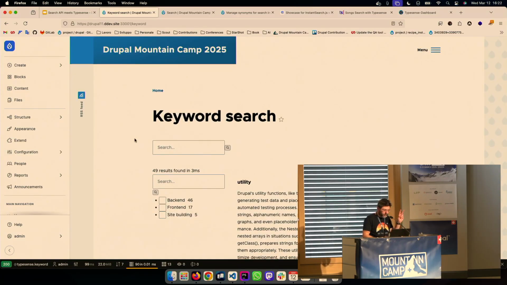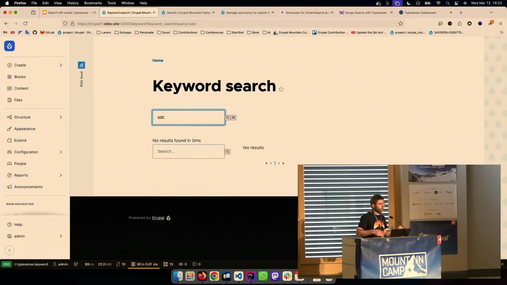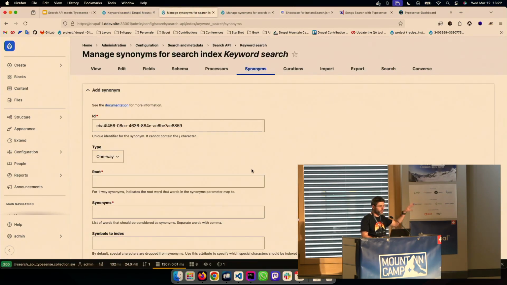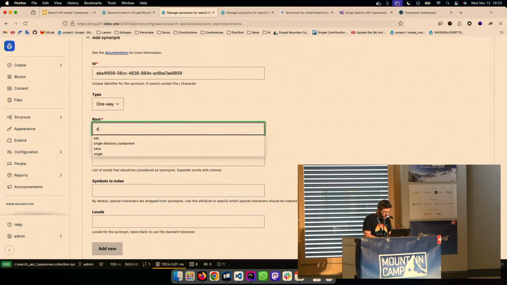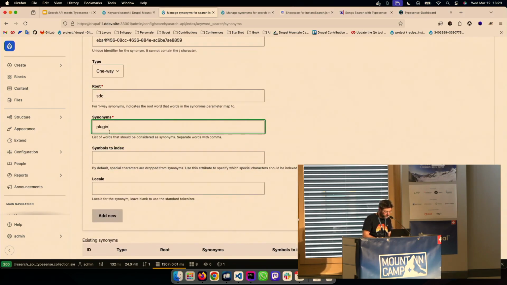Ten minutes. Okay. So a couple of features that you can use for free, basically using Typesense and the module. For example, if I'm looking for single directory components, I don't receive any results, even though I know that there is a node in the contents that mentions single directory components as a sentence. So I can create a synonym. Directly using the Drupal interface, I can say, okay, when a user searches for SDC, for example, this is a synonym for